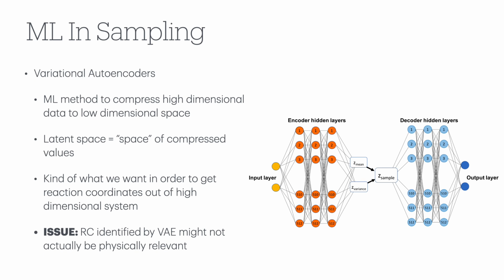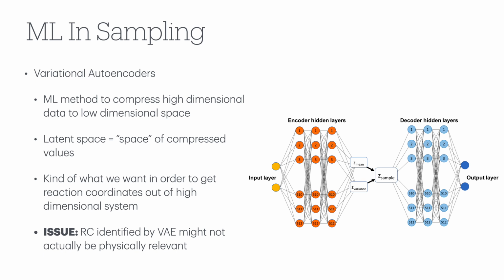So if we look at our image on the right, we have an encoder, right, which takes an input, and you can just think of this encoder as some black box, and it goes to some middle encoded variable, which we call z, and that's going to be in the space. The space of these z's is called the latent space. So it's the space of the compressed values, we can say.